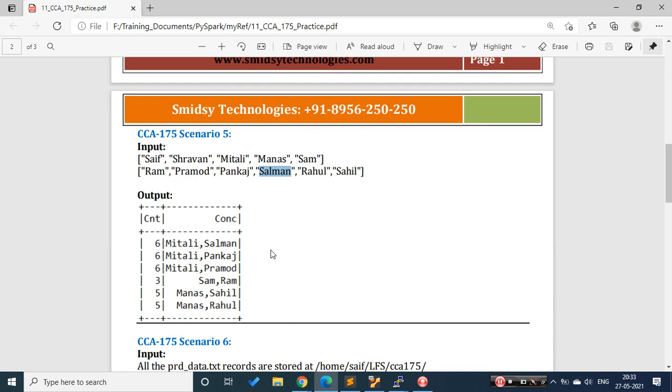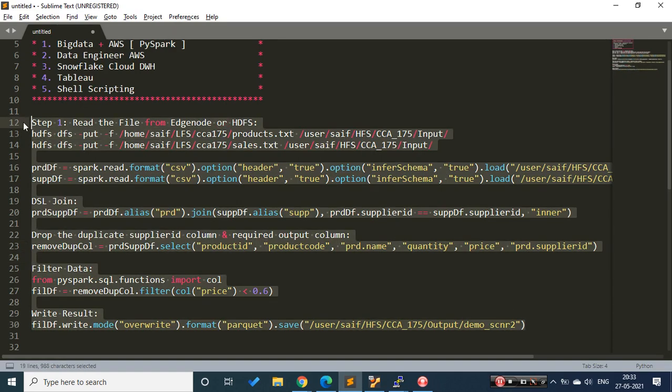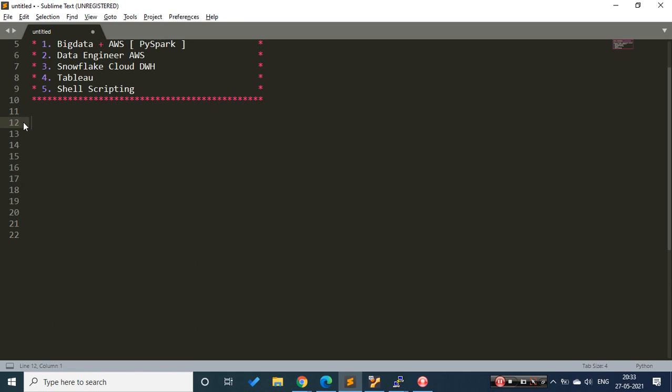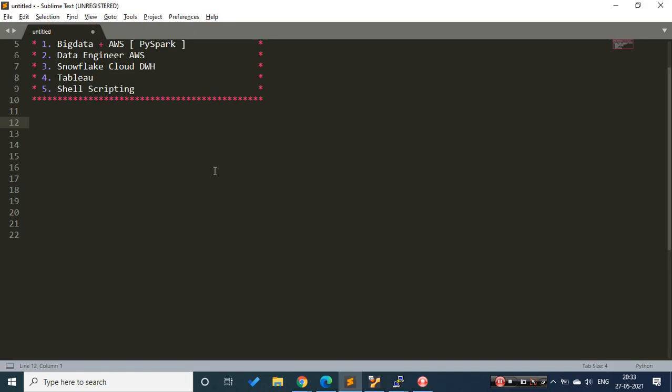So we need to understand what they are asking. Once we understand, then coding becomes easy. Let's start working on this piece of code. Let's clear the code. Same way as what they have asked, let's start building things. I will quickly go over here and copy this data set which they have provided us.